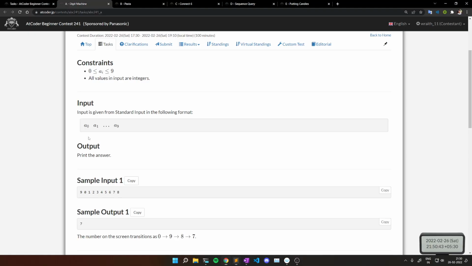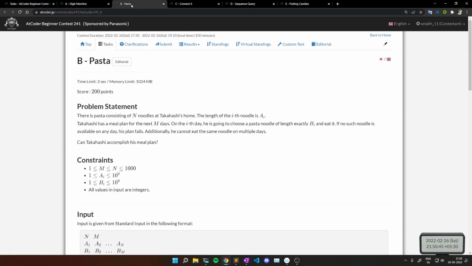So now let's move to the second problem, Pasta. The problem states that there is pasta consisting of N noodles at Takahashi's home. The length of the ith noodle is A_i. Takahashi has a meal plan for the next M days. On the ith day, he is going to choose a pasta noodle of length exactly B_i and eat it. If no such noodle is available on any day, his plan fails. Additionally, he cannot eat the same